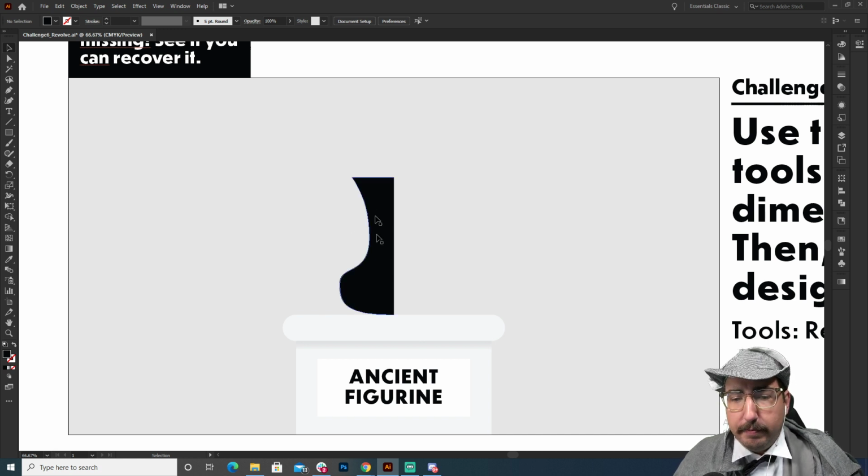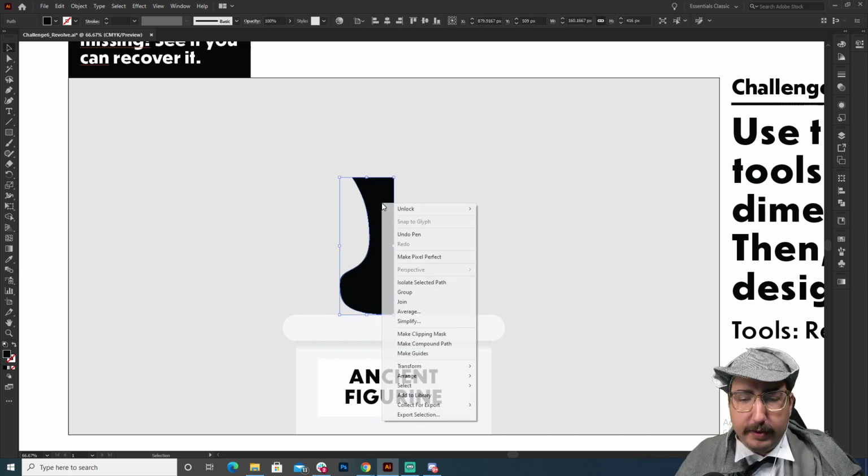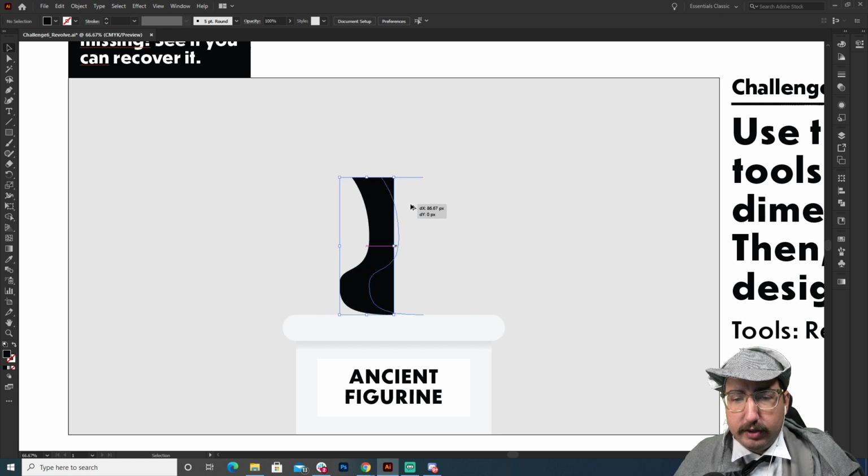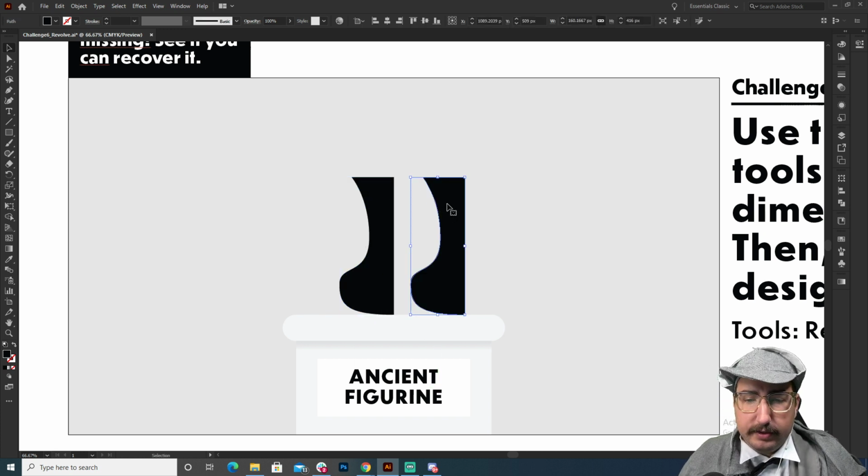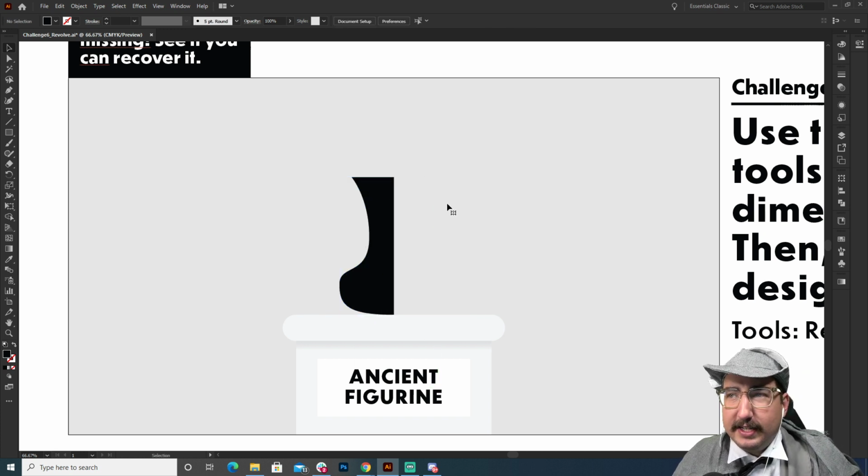Now this is great, but we want it to be 3D, right? We want it to look like an actual vase. We can do the other side. We can take this and just make a copy and then flip it around and make it so that it goes. But it still doesn't have the zing that I want.